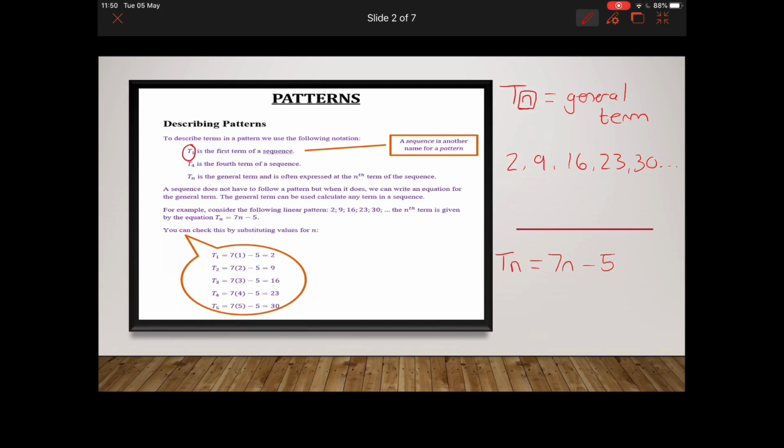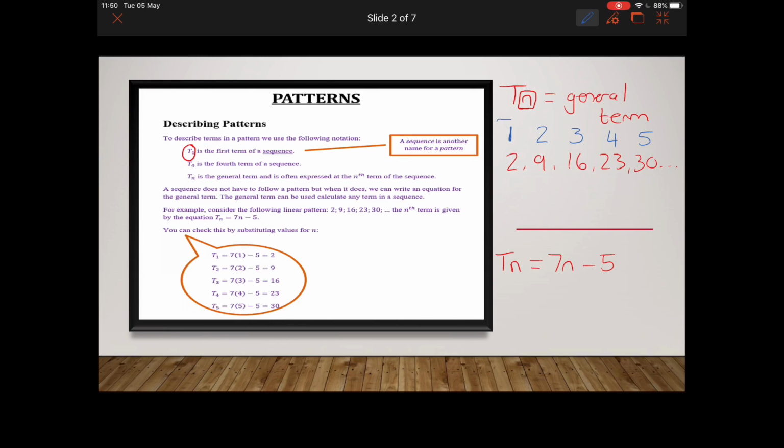And what we want to do is we want to see what happens if we start substituting values into the place of that n. Okay, so that n is my term number. So it could be anything. It could be the first term, second term, 10th term, 100th term. We can decide. So now if I go along and I substitute in, so I'm going to say, all right, so if 2 is the first term, 9 is the second term, 16 is the third term, 23 is the fourth term, and 30 is the fifth term,